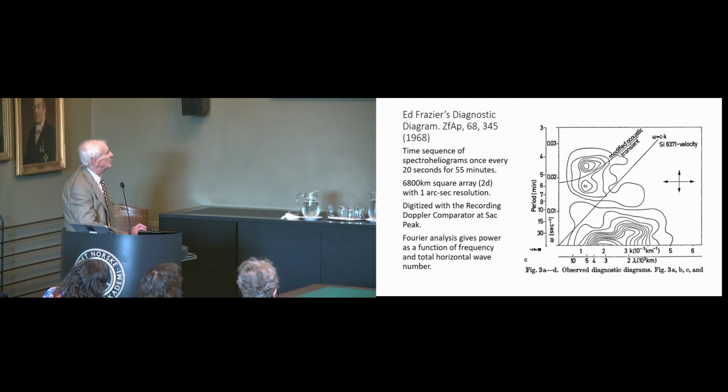So we have frequency going in this direction and wave number going in this direction. And what I wanted to see was how the material actually went through the outer envelope. Ed Fraser's observations had indicated that, in fact, the initial idea of the generation of the waves, which was that they're basically noise created like a jet engine from the convective envelope, up and down motions of the convective cells,